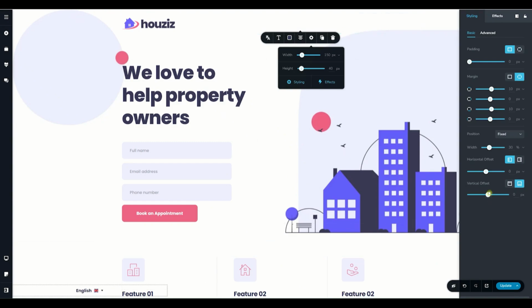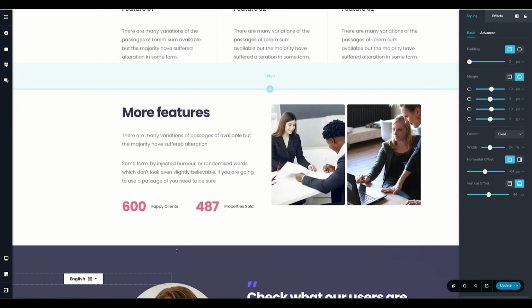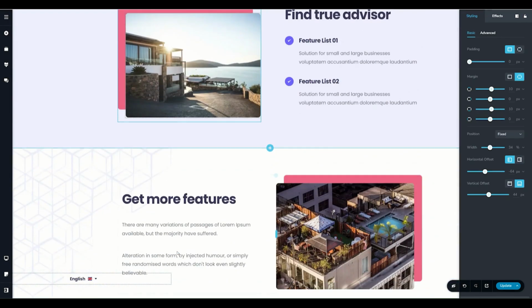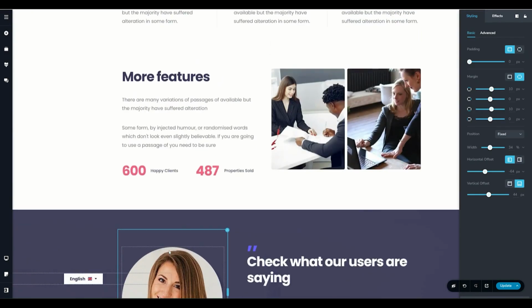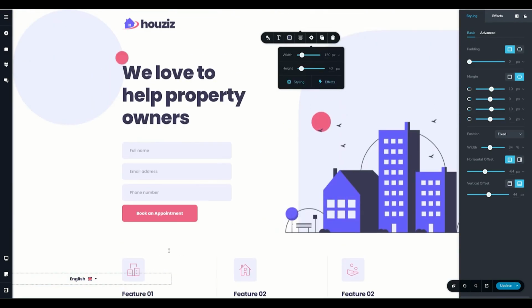I will bring it up a little bit so it's further away from the bottom, and then from the horizontal offset, I will move it a little bit to the left. You can increase the width if you want, but in this case, it's already good enough. Now, whenever I scroll on my page, you can see the selector remains there at the bottom. This way, it's very easy for people to have that floating toggle for the language switcher on the page at